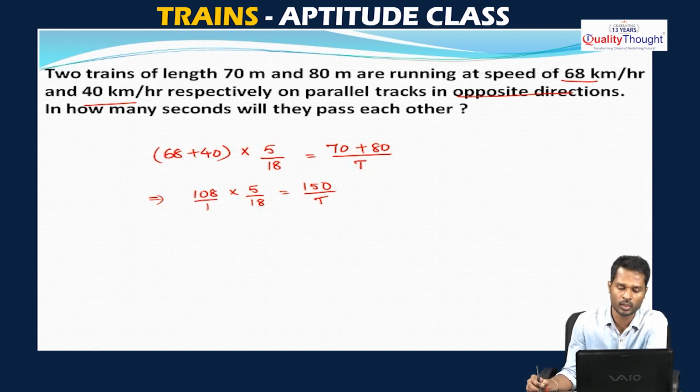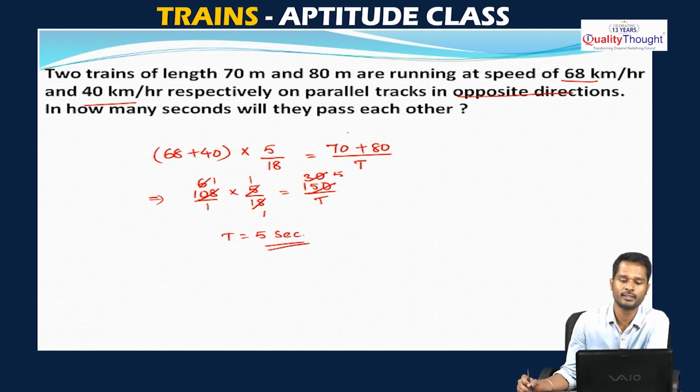Now check what we can cancel. This is 18 ones are 18, 18 sixes are 108, and this is 5 ones are 5, 5 thirties are 150. So simplify here, 6 ones are 6, 5 sixes are 30. So t is equal to